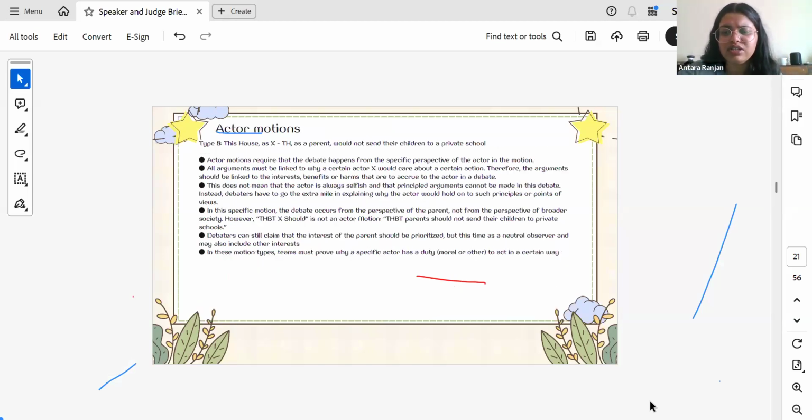Then you have actor motions. Actor motions are one of the simplest kinds of motions, right? I'll quickly say, if you are giving a model or a counter model, or if you are doing a retrospective comparative, all of these things have to be proposed from the first speaker in a debate itself. So your model can't come out at your second speaker. Your model should start with your first speaker. So your second speaker can explain it more, but your first speaker has to put it into place, right?